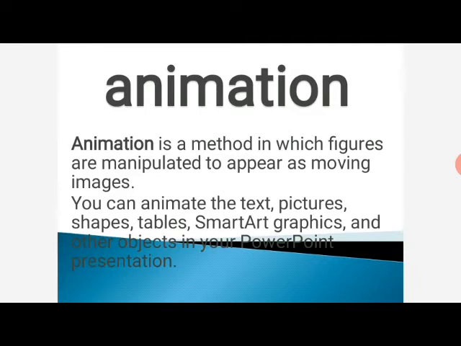It is used to make presentations that look professional, effective, adding effects to simple plain text and pictures. So your first topic is animation.